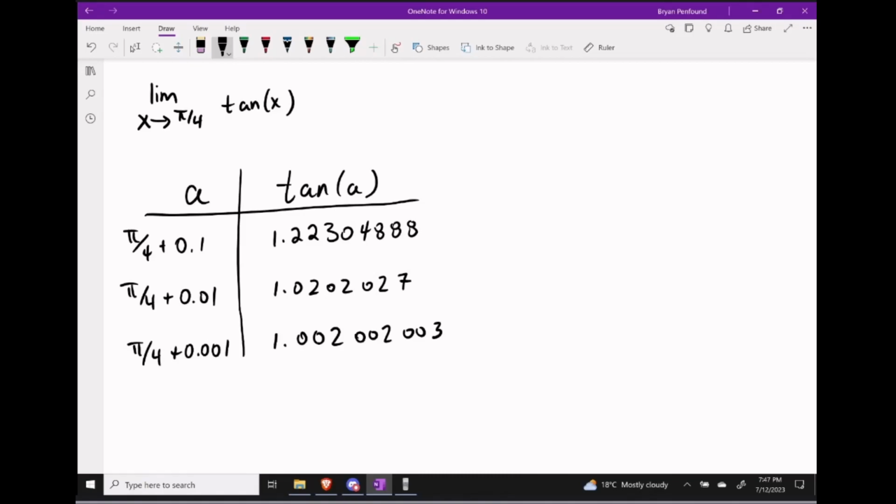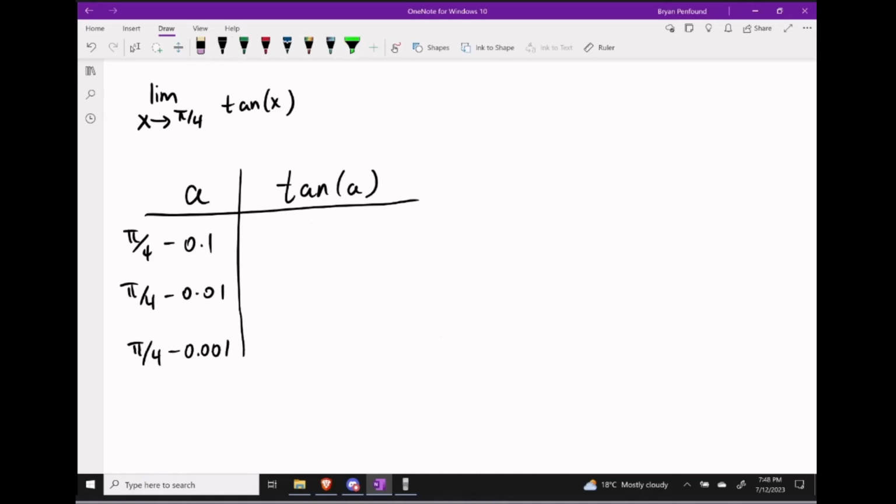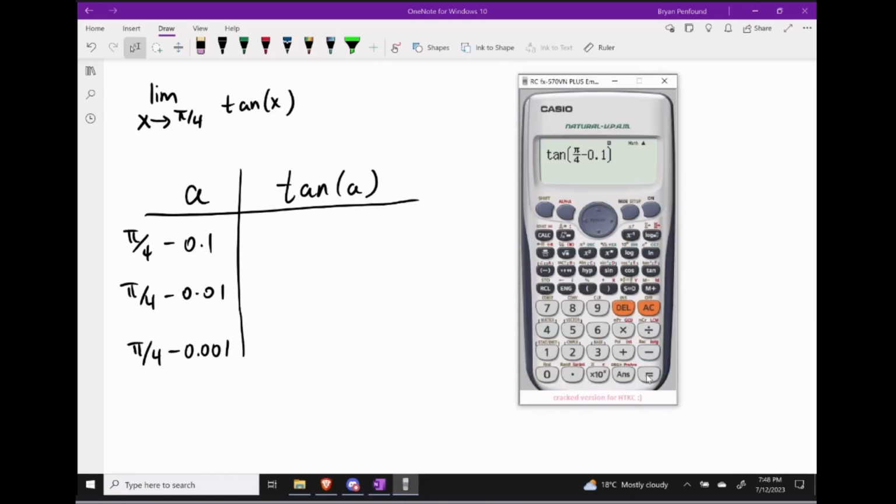We do have to check the other side of pi over 4, and we can do that by updating our values for a. So here we're going to choose pi over 4 minus a little bit, and then pi over 4 minus a little bit, but make that little bit smaller, and so on and so on. So let's do our first calculation of pi over 4 minus 0.1. We should get about 0.817. Adding in an extra 0 and doing the evaluation gives us about 0.98. And then finally adding in that last 0 gets us around the neighborhood of about